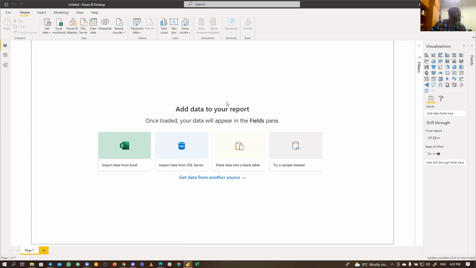So this is the Power BI interface. This is what it looks like. You can see it's really amazing. These are the visualizations. Now, one important thing, the most core to Power BI is the views. If you check your left, where my arrow is, we have three views here. The first one is the report view. This report view is where you create your report. I mean, your report is different from a dashboard.